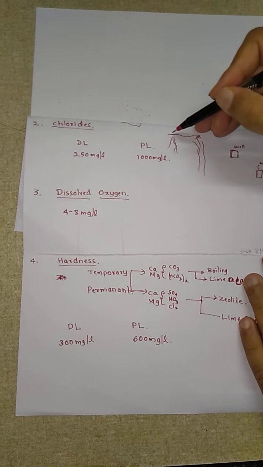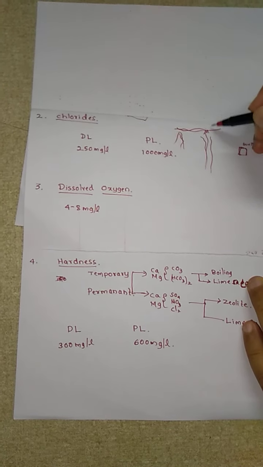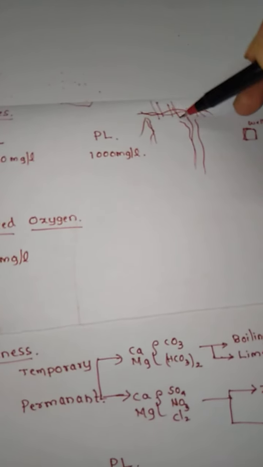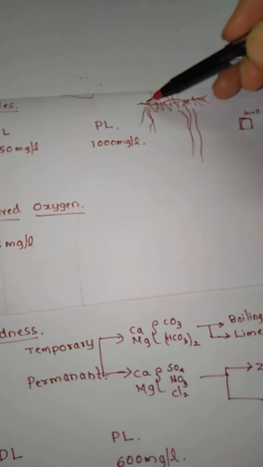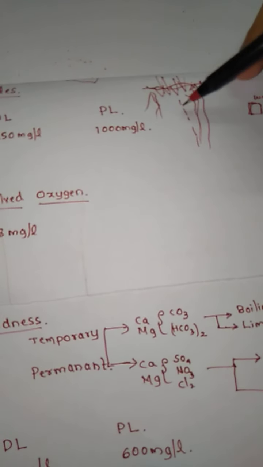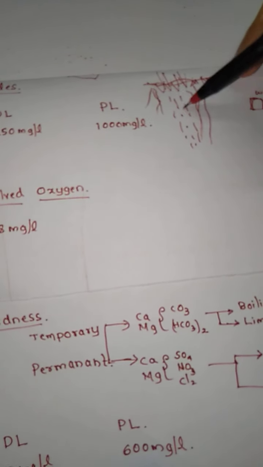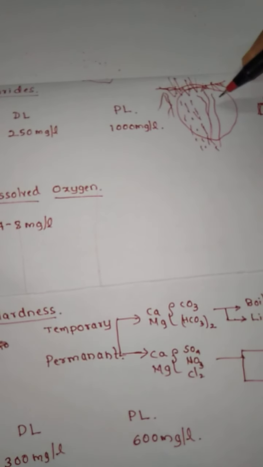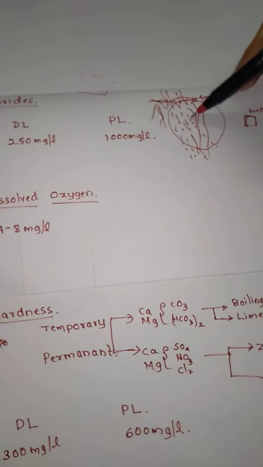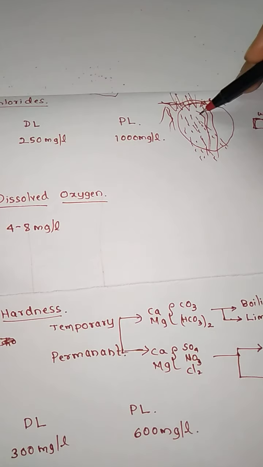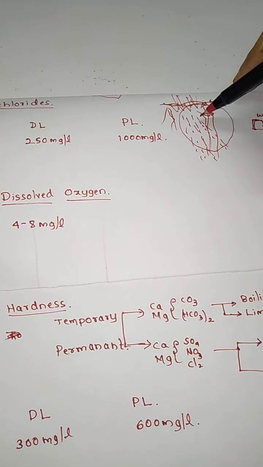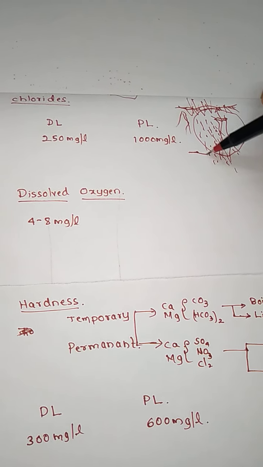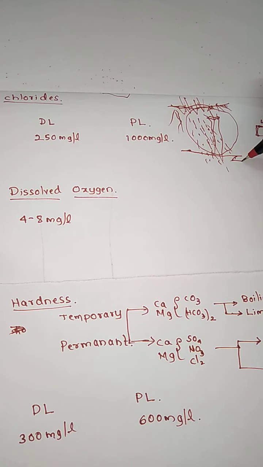For example, when precipitation occurs, water flows on the ground level, and some of the water percolates inside the ground. If the soil where it percolates has some salts in it, or has rocky strata containing some amount of chloride, then we are going to have chloride content in the groundwater.